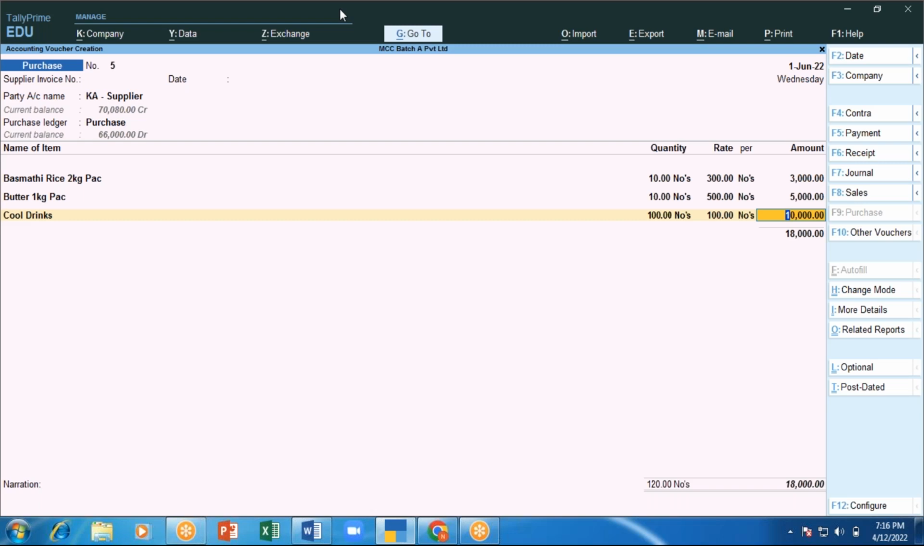Now what I've done: basmati rice 2 kg packets and butter, 10 numbers each for basmati and butter. Then cool drinks, I've purchased 100 bottles for 100 rupees. All are purchase taxable. I'll press enter. There is no second stock item. I'll press enter again. Now what I'm going to do here is select CGST,